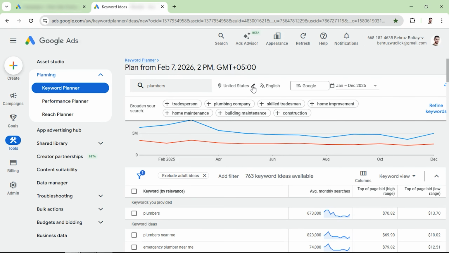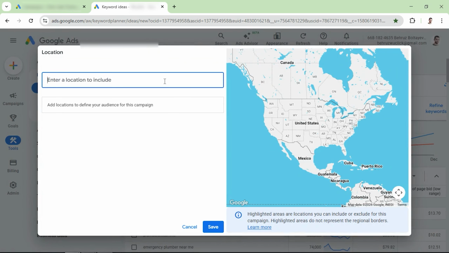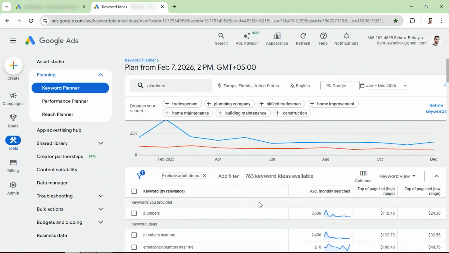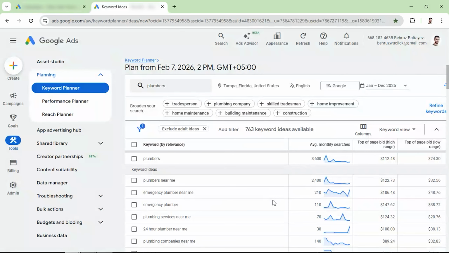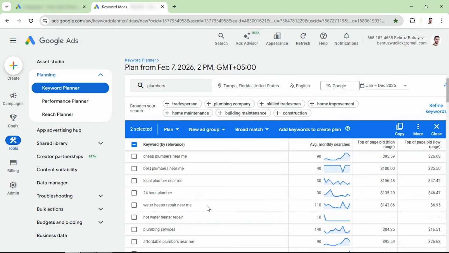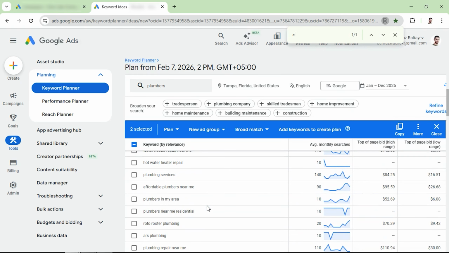To be more specific, I'm going to target a smaller location. Let's say, as an example, we're going to choose the location of Tampa. As you can see, there is their average search volume. Let's say our specific target keyword is emergency plumber near me, and its average search volume is not that big. And if you can target even more specific keywords,